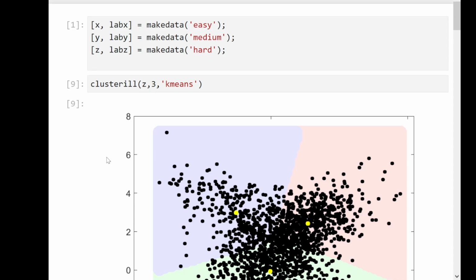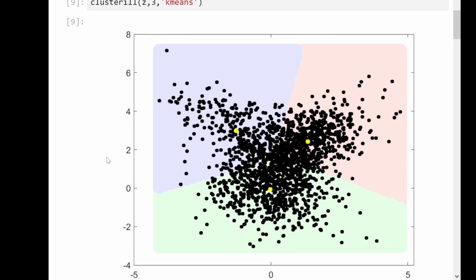Okay. So let me stop and ask questions or comments. Yeah. Like with that hard case, because you do have a lot of overlap, and it's not really clear which points are belonging to which cluster. Are you having a lot of error where the algorithm is classifying something that was like 1 point or